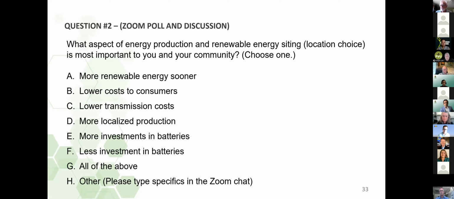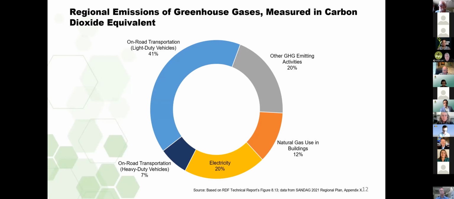When I looked at the first graph that showed the regional emissions of greenhouse gases measured in carbon dioxide equivalent, there were several categories. One of them was called electricity, and it showed about 20% of total GHGs produced by electricity. Another one showed natural gas use in buildings at 12%, and then there's a large other GHG emitting activities category that isn't really specified. And my question is, if we're really looking at strategies to reduce GHGs in our region to